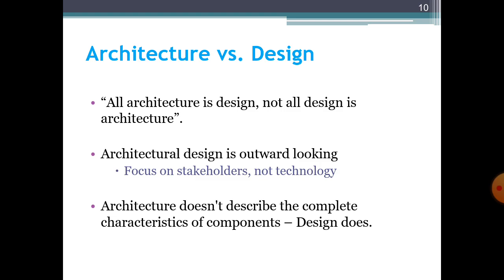Architecture design is concerned about the stakeholders. Basically, stakeholders are those who are directly or indirectly affected by the system, like, as we discussed earlier, the different kinds of stakeholders for a university management system. So students, and